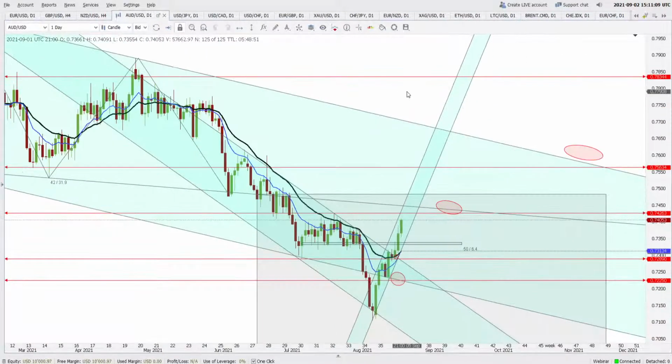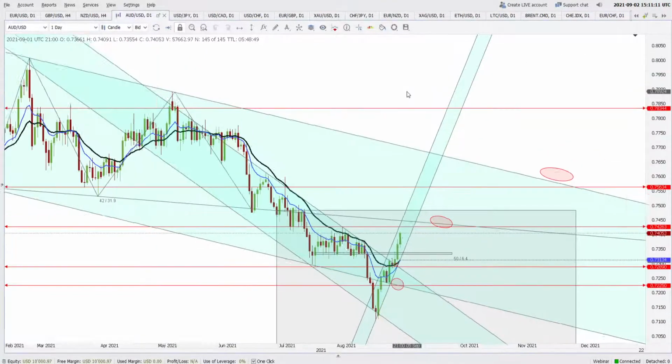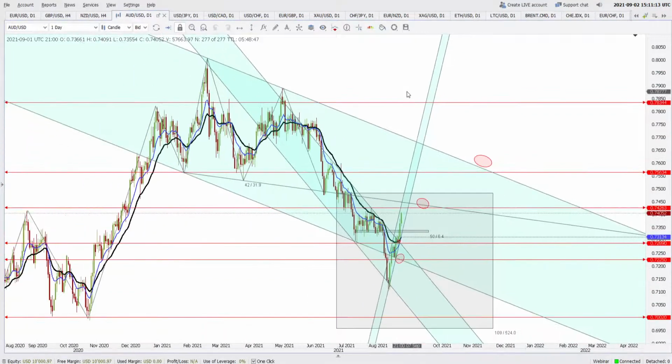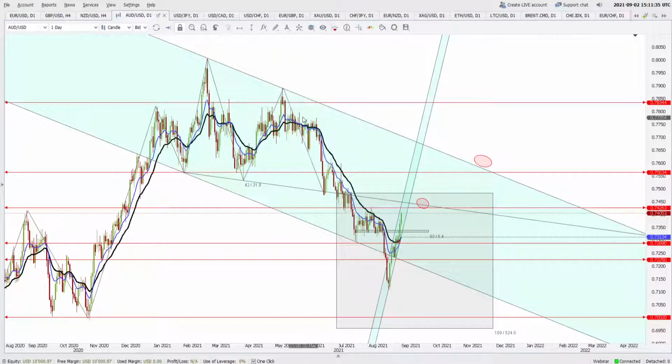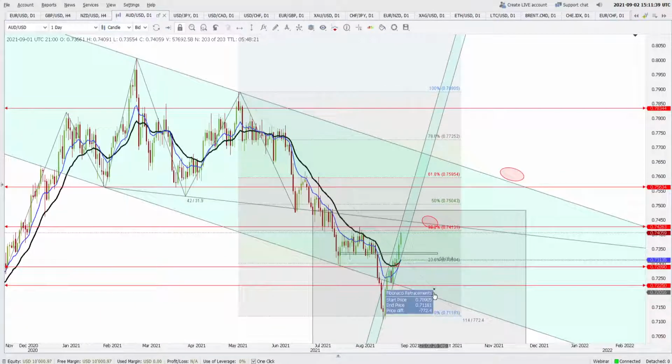Australian dollar, very nice move upward, but this market is also not a buying market. This one you can take as a pullback, or otherwise you can throw a Fibonacci here. I'll just remove this channel because it is not relevant now, and I will remove this ellipse also. If you throw a Fibonacci retracement from this recent high to this recent low,